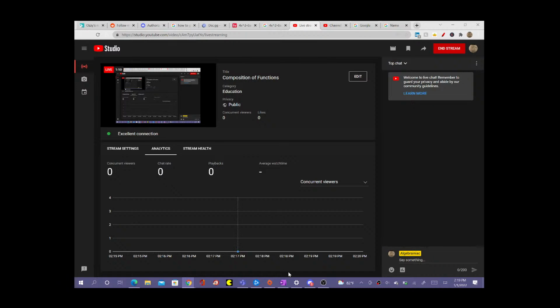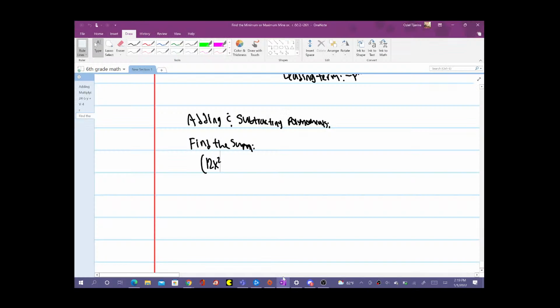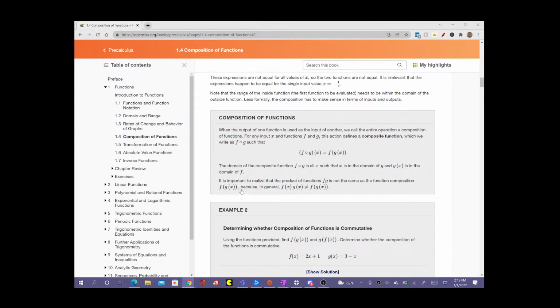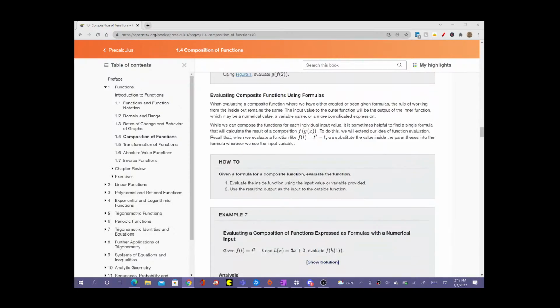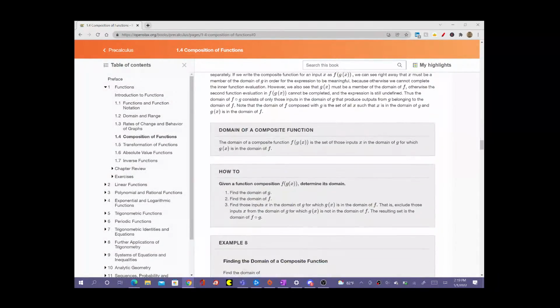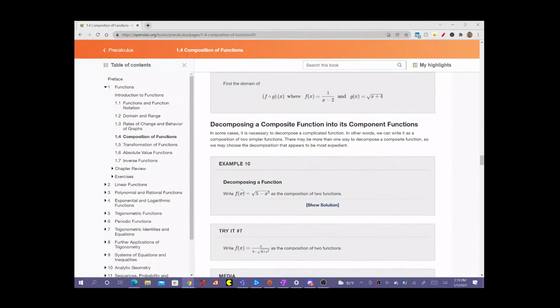Okay, so let's see. I'm going to try to do composition of functions. I'm actually going to look at some examples. I'm not really going to explain everything, but I'm going to go over the ones that